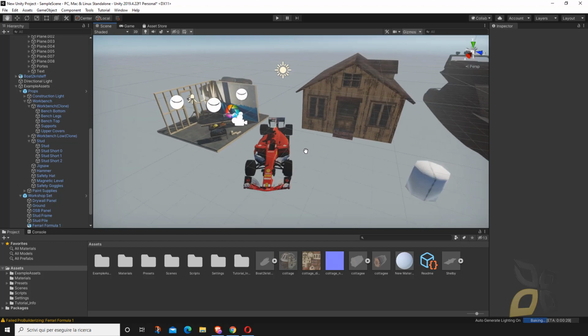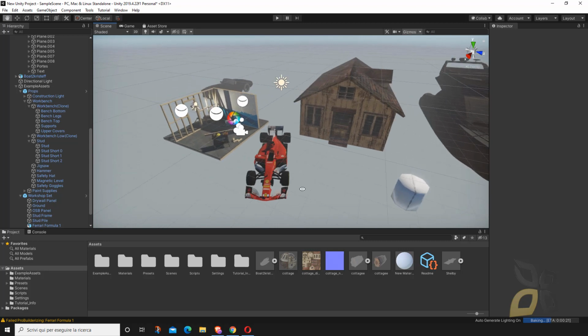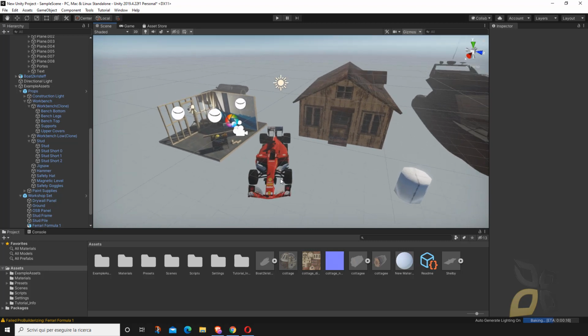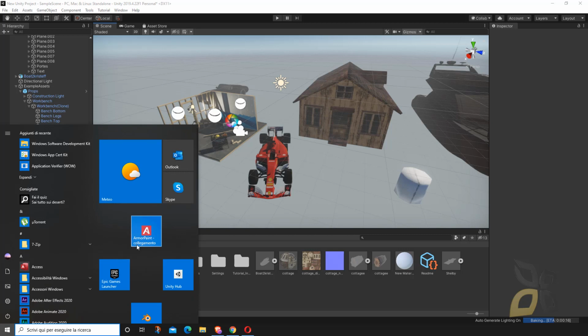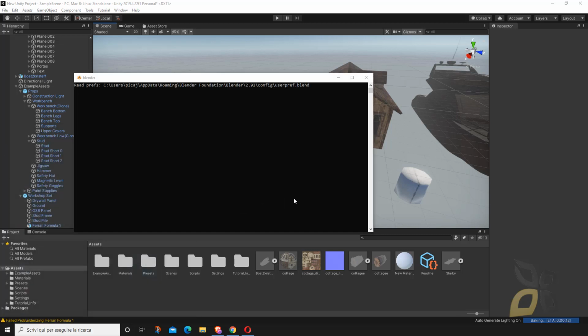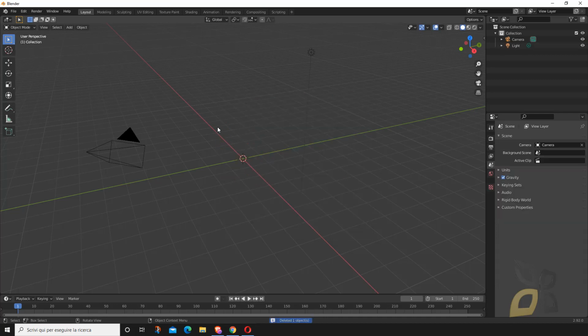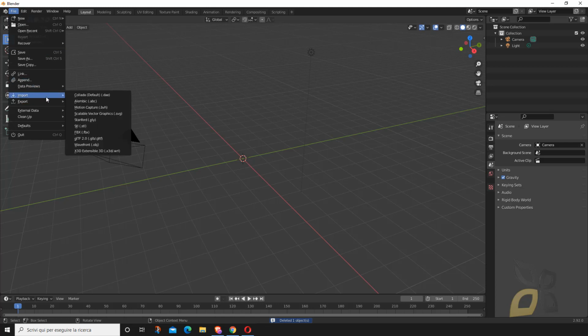Okay, so your job is basically done, but let's see what's gonna happen when you bring that FBX, for example, into Blender. So let's get to Blender and see what's gonna happen here. Well, actually, this is gonna happen every time that you import an FBX object into a software.